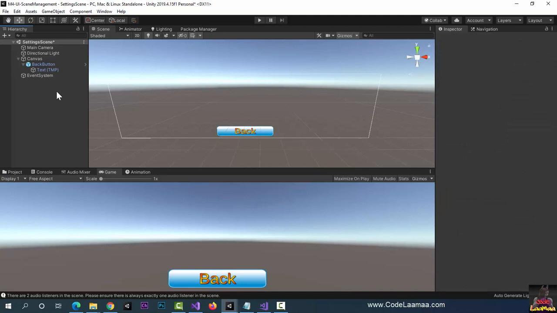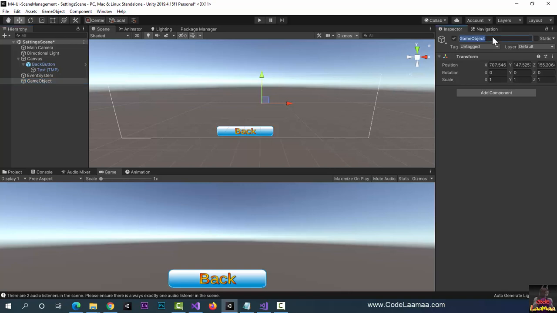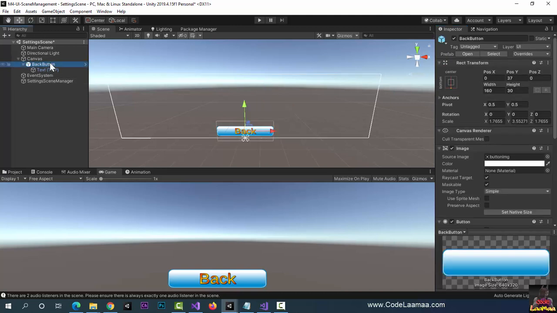So I need to add another empty game object and add our setting scene script to this back button. So I'm going to do game object, create empty, and rename this game object to be settings scene manager, and add component for settings scene manager. So now the script is attached, and now I can actually access the event handler we just created. So now I can go back to back button, not the text part, but the actual back button, scroll down,